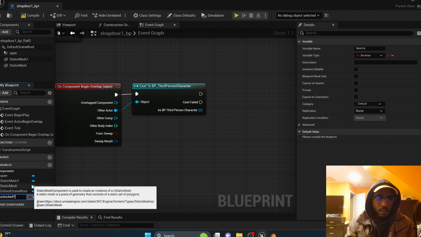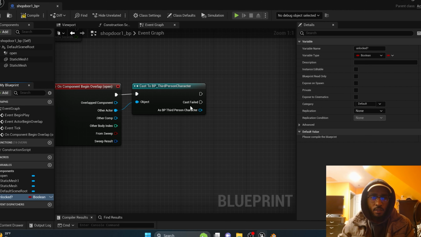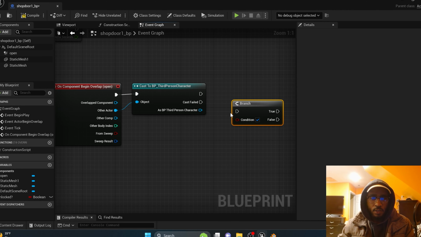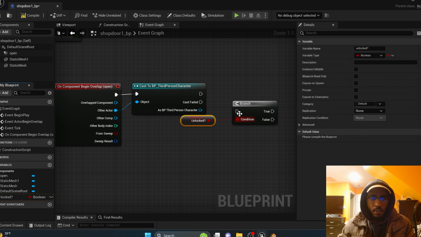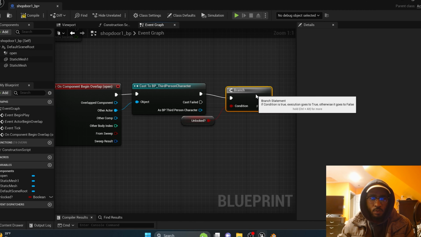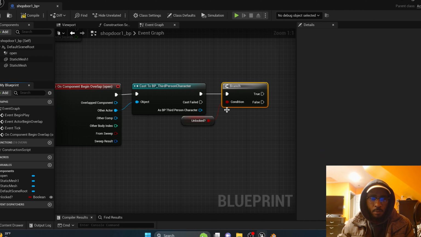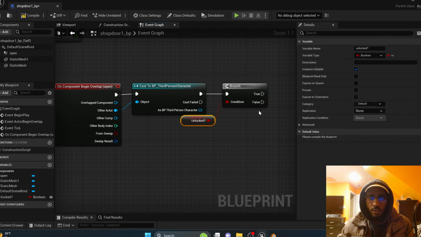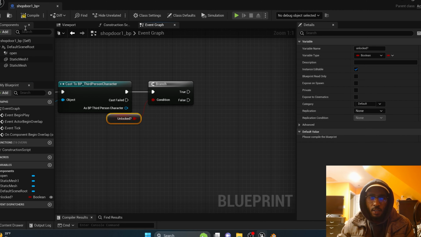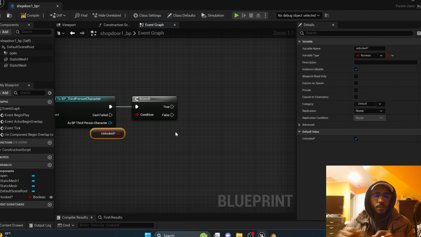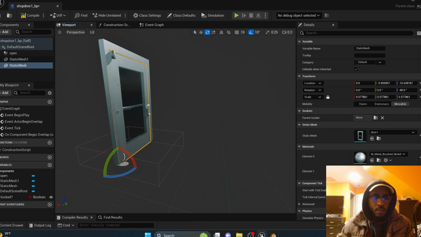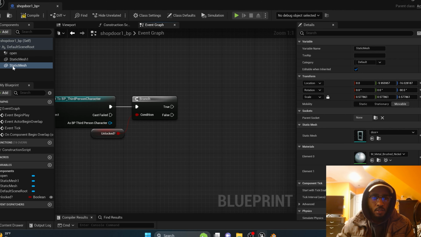Unlocked question mark. Branch. If unlocked is true, then, which it will be in this case, open the door. So we'll take the static mesh, the door, and